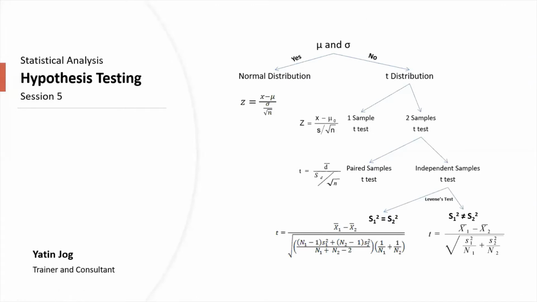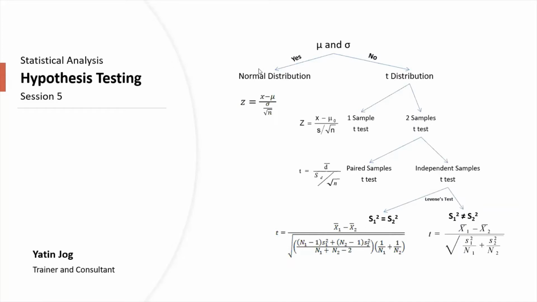Okay. So today we are going to start with hypothesis testing. And as you can see on the title slide itself, we have two different branches for which we can do the hypothesis testing. One is using normal distribution, which we have already done. We can use the normal distribution formula for hypothesis testing, and we are going to solve one of the problems using normal distribution in today's session. And you must be aware of this formula of Z, x minus mu upon sigma, that we have used to calculate the distance. The only addition is divided by root n, which is the standard error formula, because now we have to consider standard error for hypothesis testing.